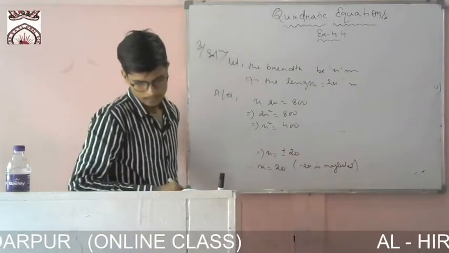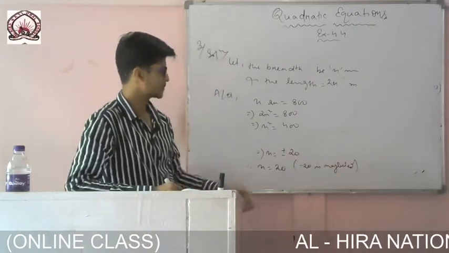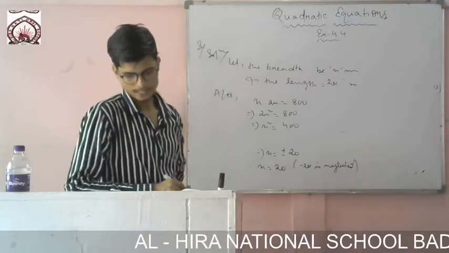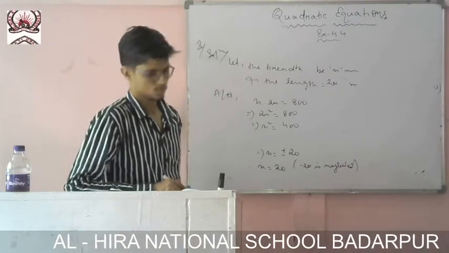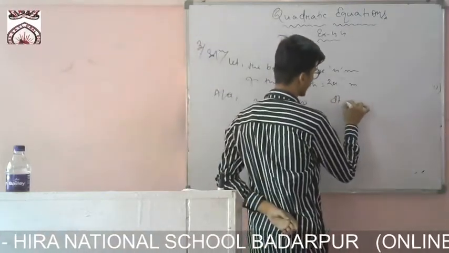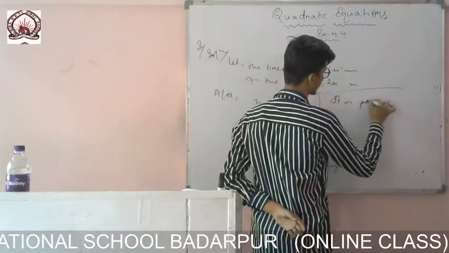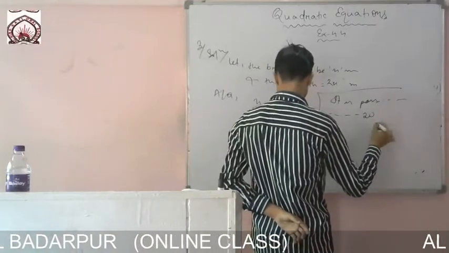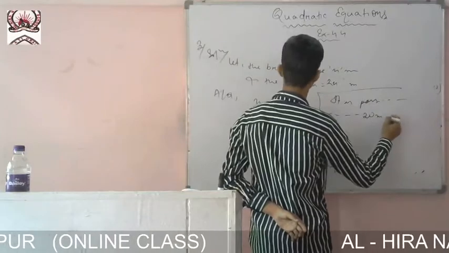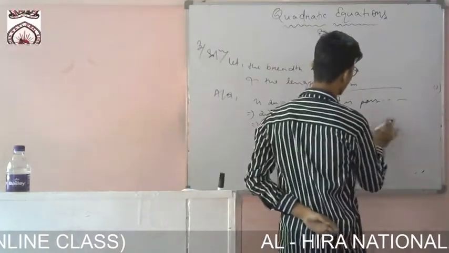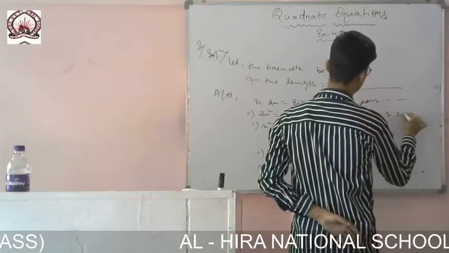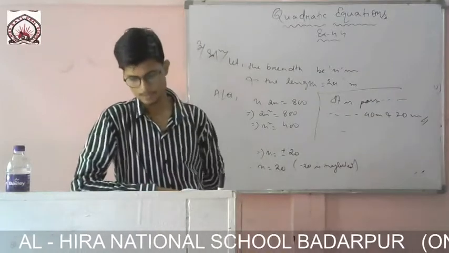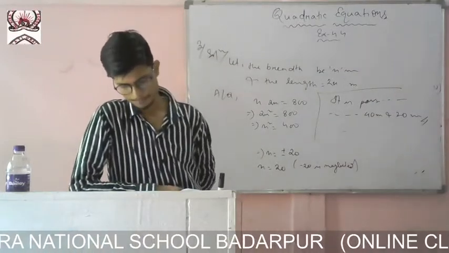Therefore it is possible, since the length and breadth come out. So in the last line you write, it is possible to design a rectangular mango grove with length 40 and breadth 20. What is given in the question for length? The length is given as 40 meter and the breadth is 20 meter. So it is possible to design a rectangular mango grove with length 40 meter and breadth 20 meter.